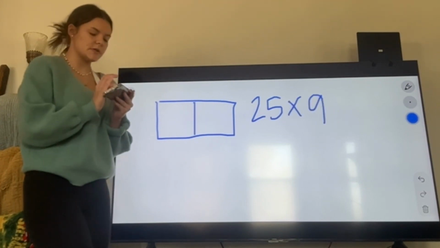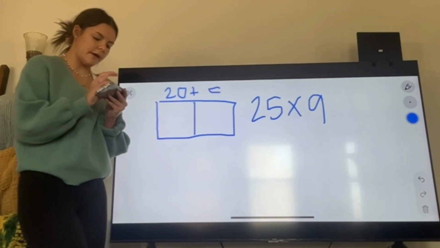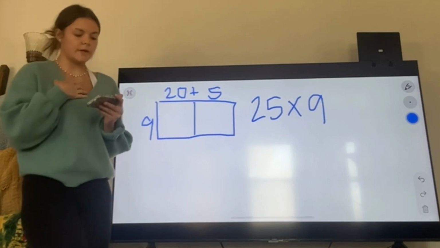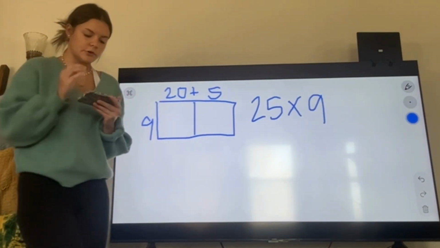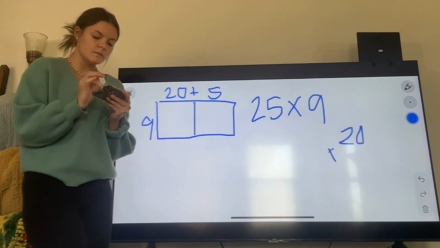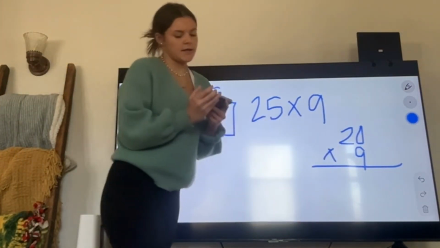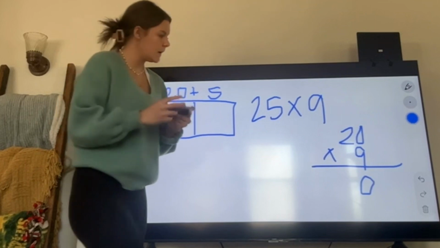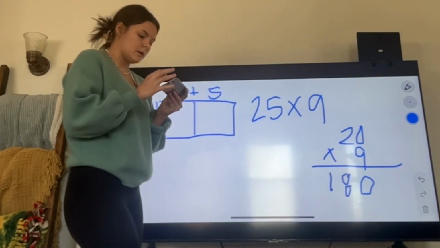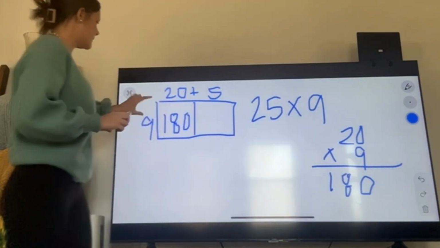So what we're going to do first is break up the 25 into 20 plus 5, and then we're going to put the 9 on the other side. I know that 20 times 9 is 180, but if you don't, you can use the standard algorithm and do this. I know that 0 times 9 is 0, and then I know that 9 times 2 is 18, which gives me 180. So I'm going to put that right there, because as you can see, the 20 and the 9,